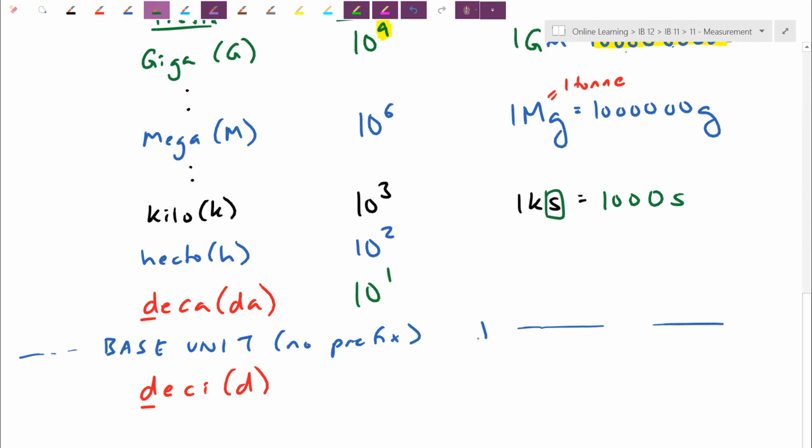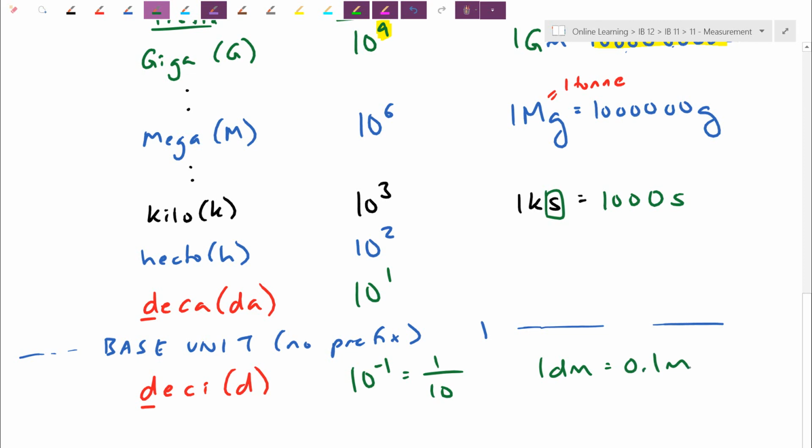1 is just 10 to the 0. And then in this case here, as we drop into the negatives, we actually go 10 to the negative 1. Negative exponents means we're actually in the denominator. So it's 1/10. And careful for decimals here. Let's say I go back here and I have 1 decimeter. In that case there, I have 0.1